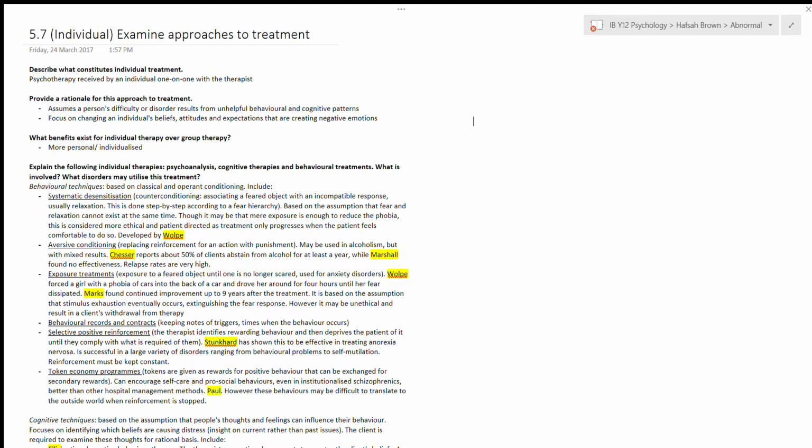Today we are looking at point 5.7, which is examine approaches to treatment, and today we're looking specifically at individual treatment. So this is part 2 of point 5.7. As we have done for all the others, we're going to describe it, provide a rationale for the treatment, describe